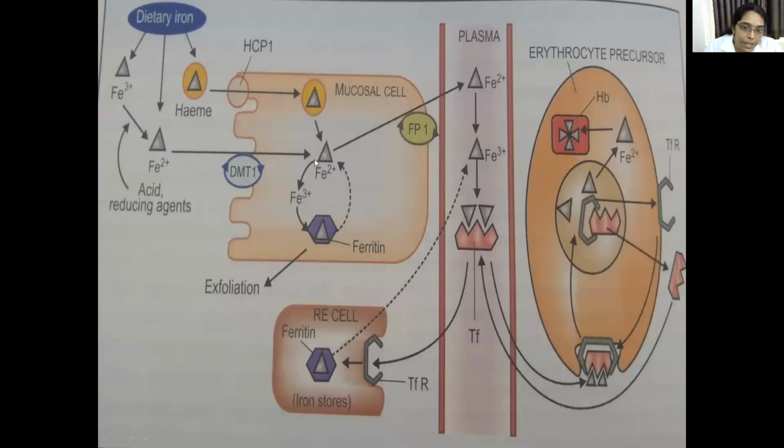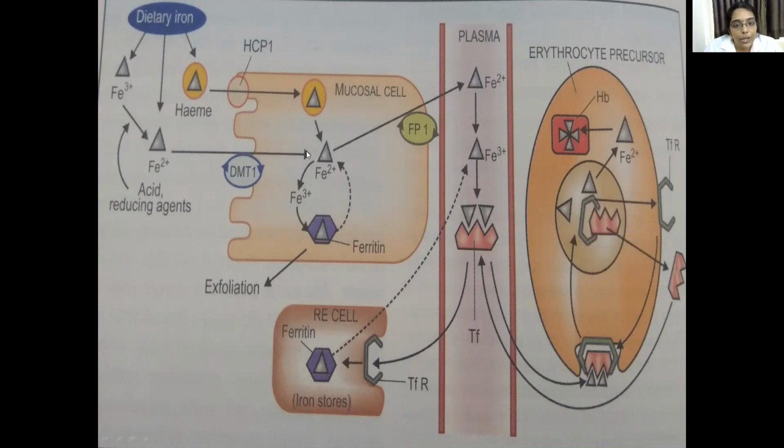So what are the factors that are facilitating absorption? Acid, especially ascorbic acid, and amino acids containing SH radical facilitate the absorption of iron into the cells because they favor the reduction of Fe+3 to Fe+2 form. Then what are the factors that impede iron absorption? They are alkalis, phytates and phosphates. They impede the absorption of iron into the cell, or they decrease the reduction of Fe+3 to Fe+2 form.